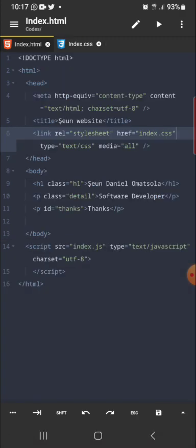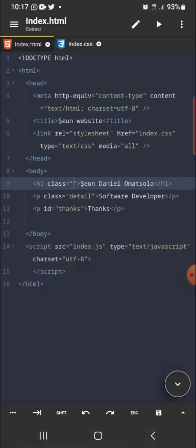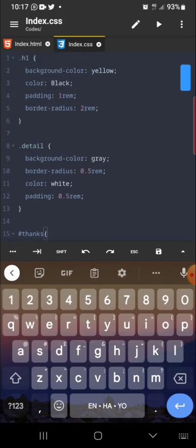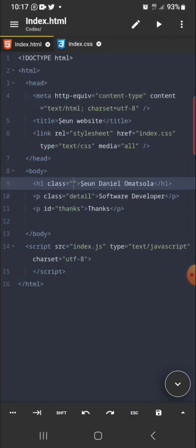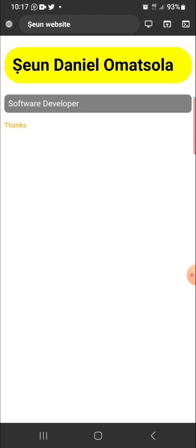Like this is .h1 now, it's a class here, but if I remove this class from this h1, this style that we have applied to it, which is background yellow, color black, and padding and border radius to make it rounded, will no longer be applied to this h1 tag, which is Shemun Daniel Omashola. Why? Because I have removed the class selector, which tells it